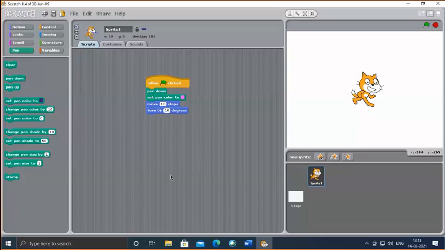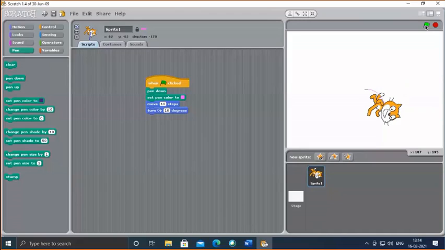Okay. So come on, now let's see. I'll click on the green flag. You see the sprite moved and it turned as well. But you can't see the color, isn't it? So I need to move the sprite more so that you see the line drawn behind. Okay. So once more, I'll click on the green flag. See it turn. Again, I'll click the green flag. Again, it turn. This way, more number of times I'll keep on clicking and I'll keep on turning the sprite.